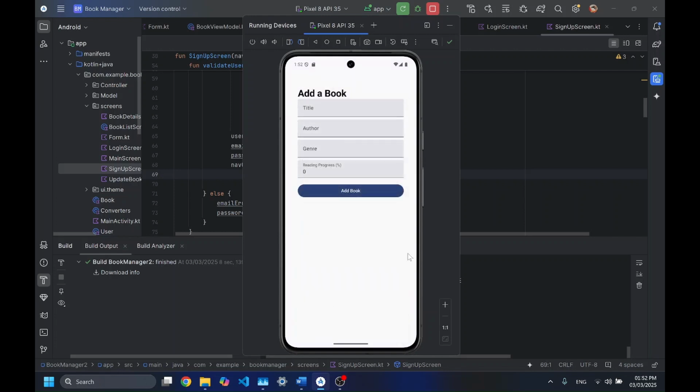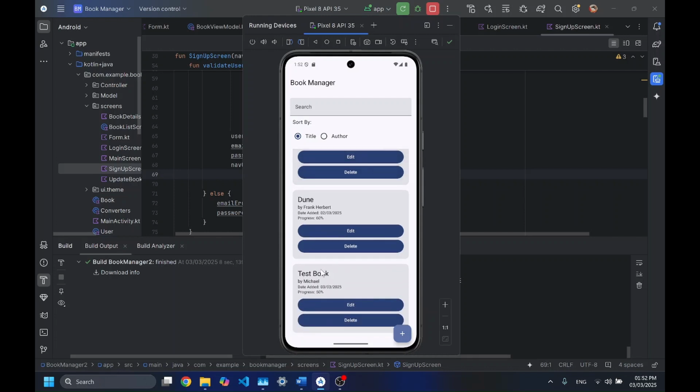So if you click this button here, you're presented with title, author, genre, and reading progress. I'll just say now, I'd tried to add a description, but I had a problem with the app crashing every time I added it, so I decided to delete it just for this presentation. But if I add a title, I'll just call it test book, author will be me, genre, let's see, and let's say reading progress is 50%. If I click add book,